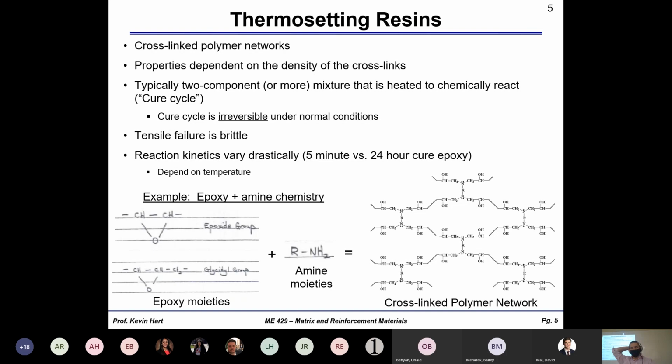Let's dive in a little bit more on thermosets. I'm not going to dive too much into chemistry in this particular class, but if you take the advanced composites course, we talk quite a bit about chemistry and cure kinetics, especially of thermosetting resins. But thermosetting resins, the ones that go through irreversible chemical reactions, usually are made up of polymer networks. And I have an example of a reaction of an epoxy reacting with an amine here, and it's a little complicated, but more or less this epoxide ring, which is this three-membered carbon-carbon-oxygen triangle, is under quite